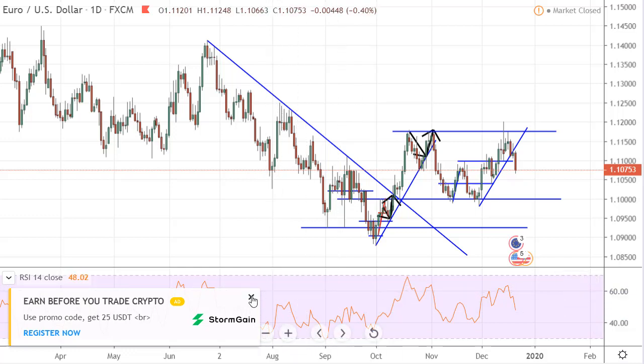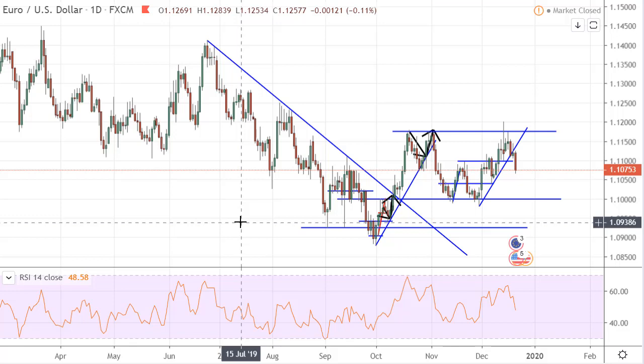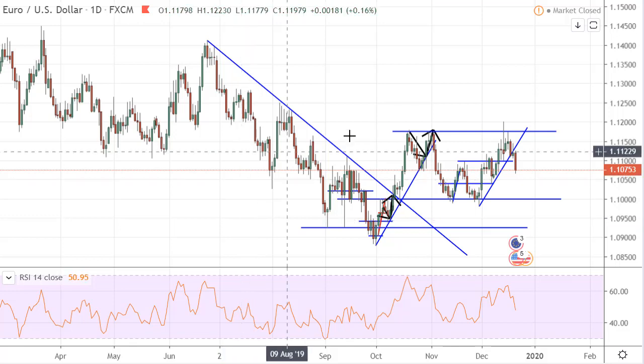Welcome to another week. It's almost the end of the year, so next week is a shorter trading week. We have Christmas on Tuesday and Wednesday, so that's not correct. On Wednesday and Thursday, so Monday, Tuesday and Friday are the only trading days where the markets are open. So there's not a lot to trade, and even though there are some brokers who do offer the opportunity to